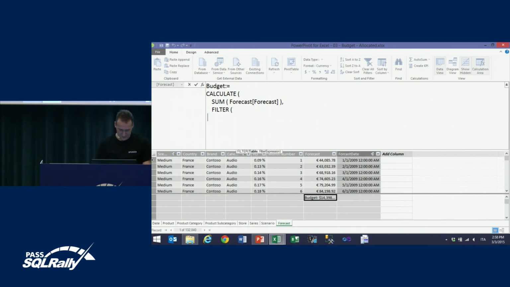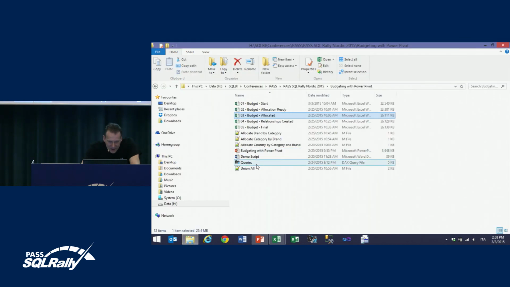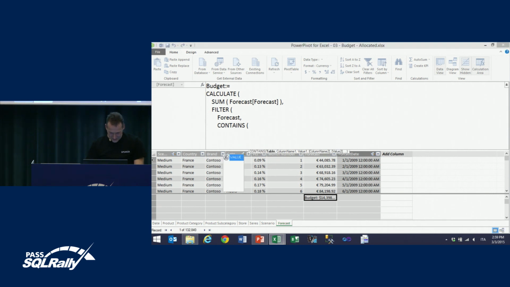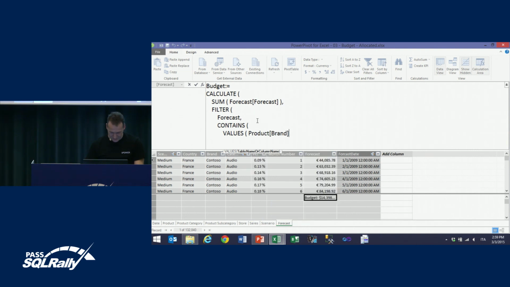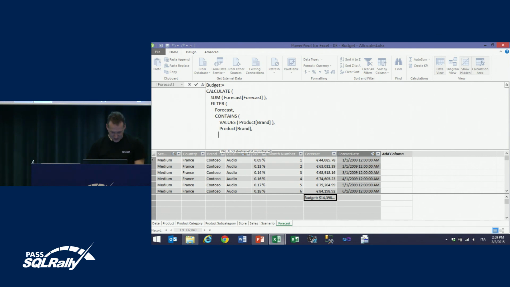So we filter the forecast. It had to happen that I forget how to write the query. We filter the forecast where, inside the values of the product brand, okay, product brand contains a row where the product brand equals the forecast brand. This is worth spending a few more words on,